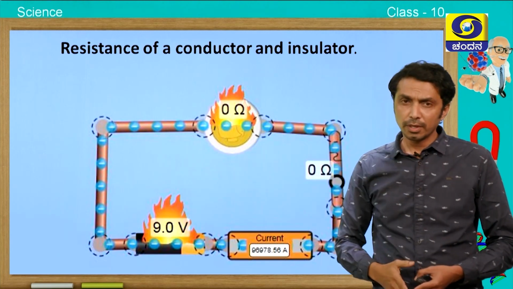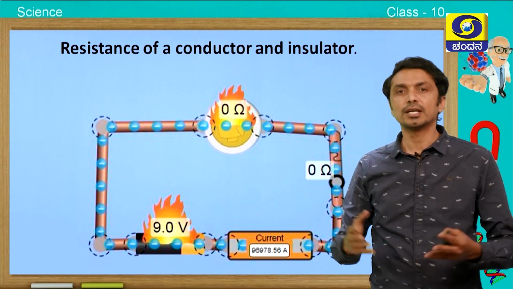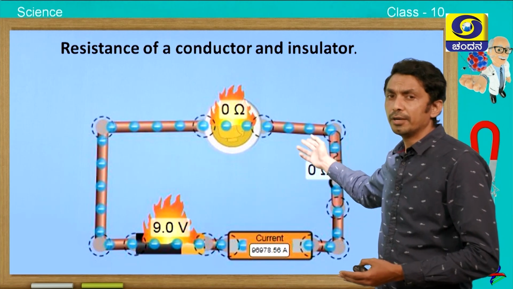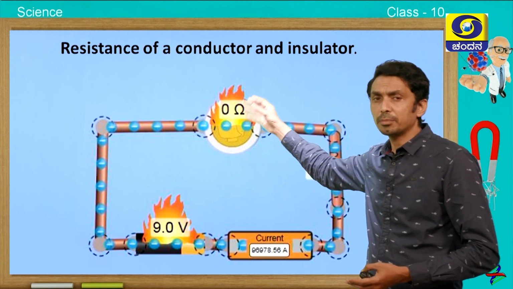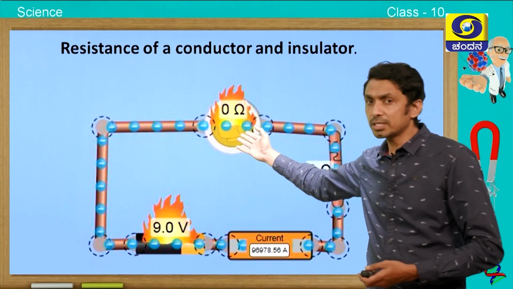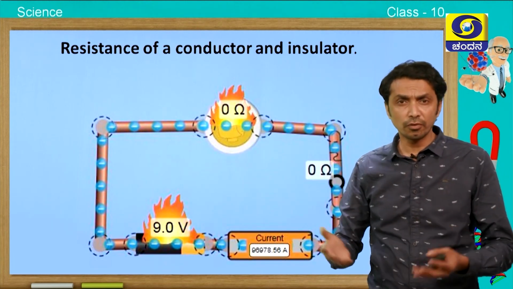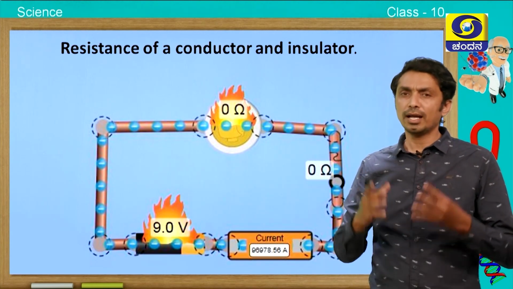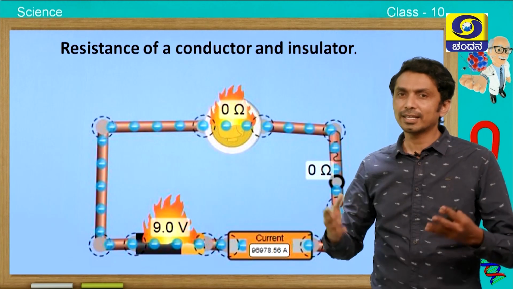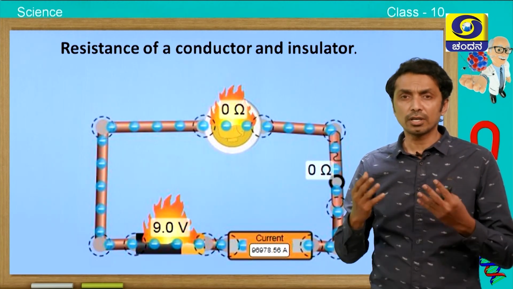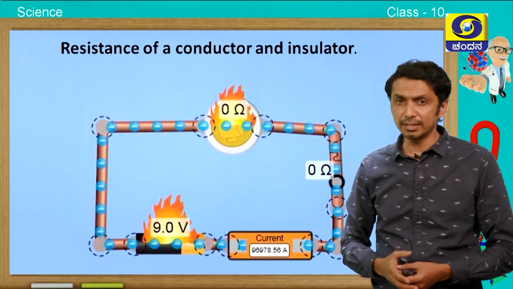So what do we observe here? We observe that charges flow or the electrons flow when there is one type of specific material. What do we call these type of materials where charges flow very easily? Yes, you are right. You answered it correctly. It is a conductor. That means it conducts charges or electrons or electric current. Children,